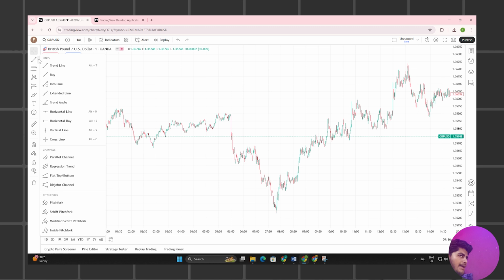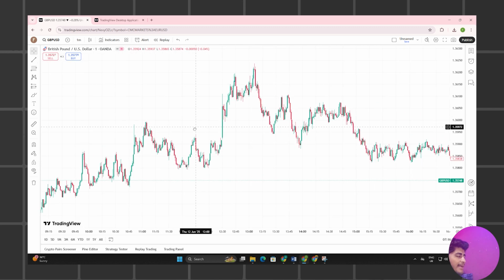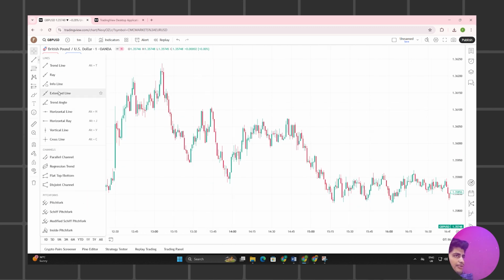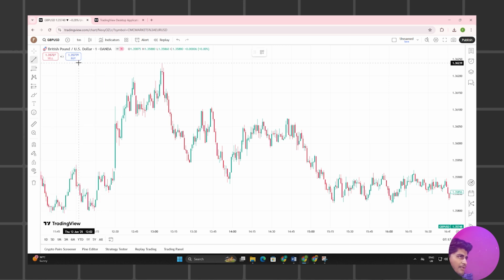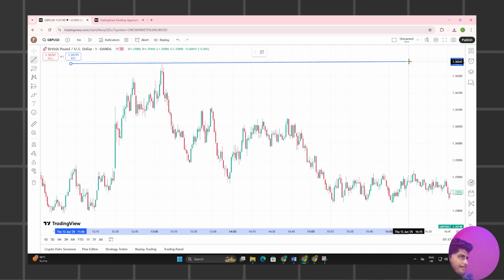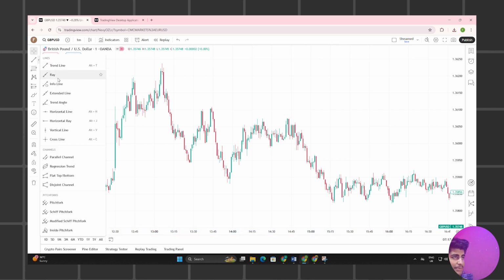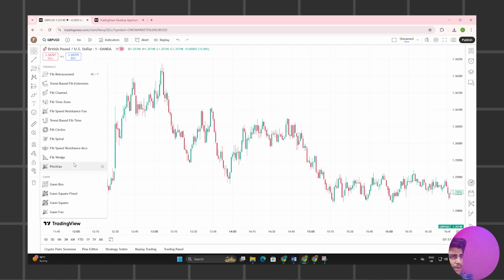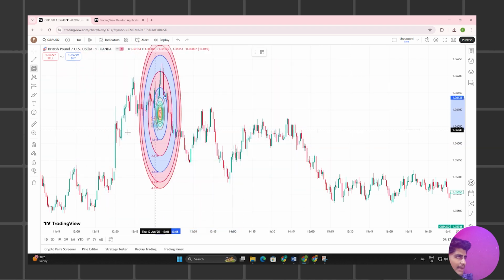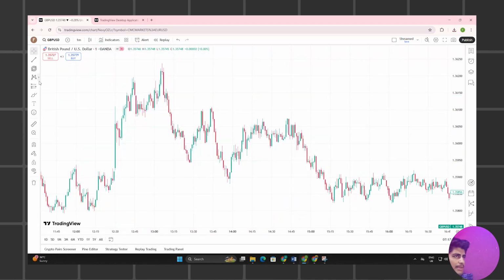And now there is a trend section. You need to analyze it. For analysis, you need to use all of these lines you can analyze with. For example, I need support and resistance. I just need to draw a trend line. I draw a trend line here, and you can see the trend line is drawn. So you can see multiple options you can select. Here is also analysis. For analysis, you can analyze the market you want.